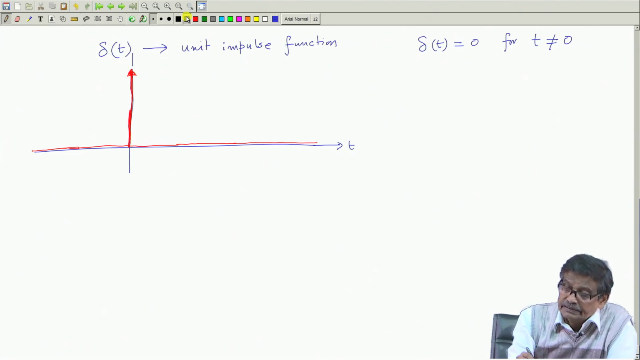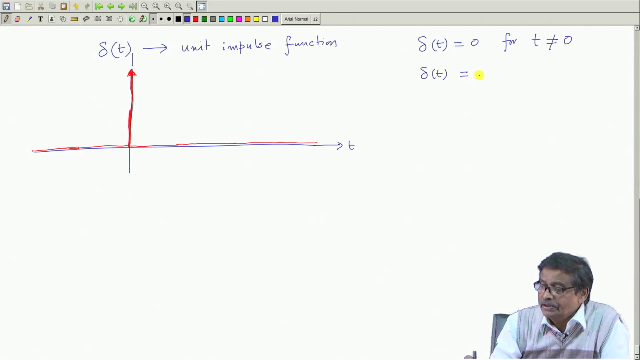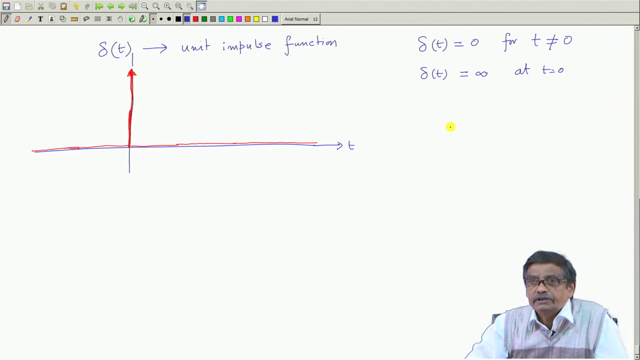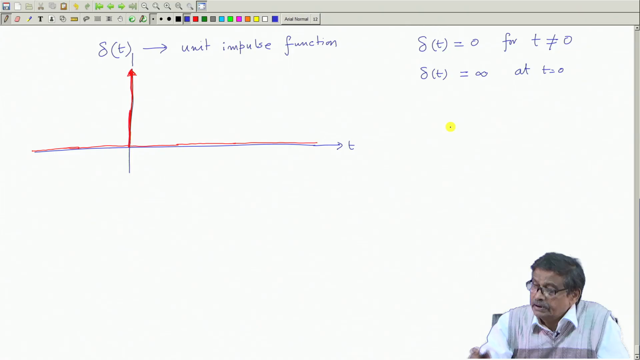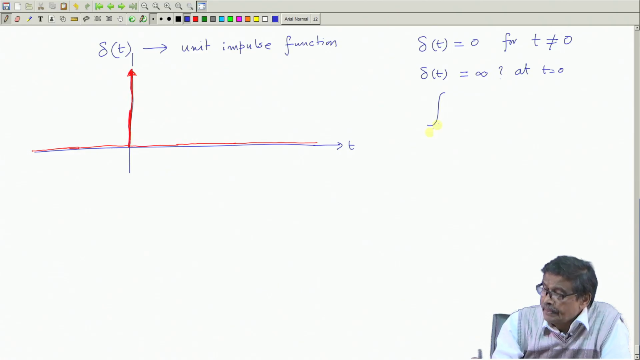Therefore, the second thing is, there is no point in writing delta t equal to infinity at t equal to 0. I mean, if somebody says one can write delta t equal to infinity at t equal to 0, but what is the point of dealing with such a function, because infinity is not any finite number. But what is true is this: the integration of delta t, the area under the curve, delta t dt,